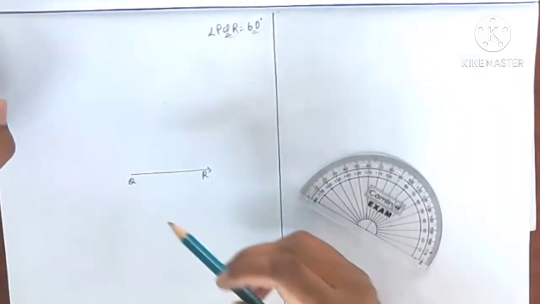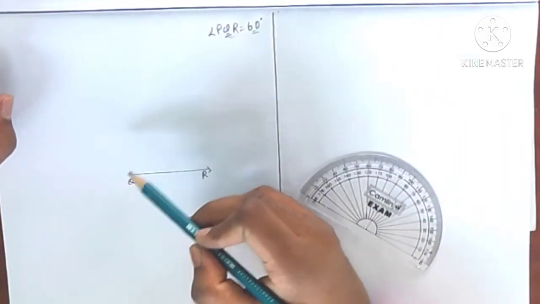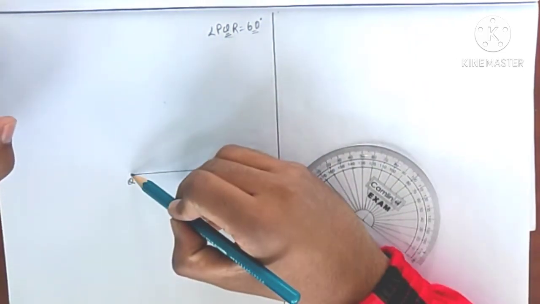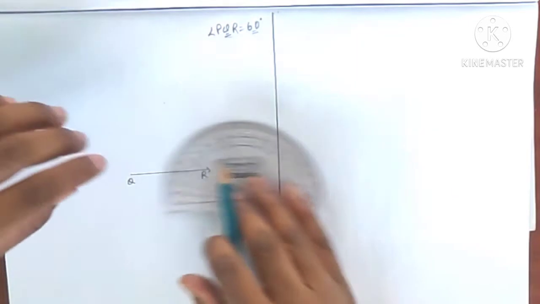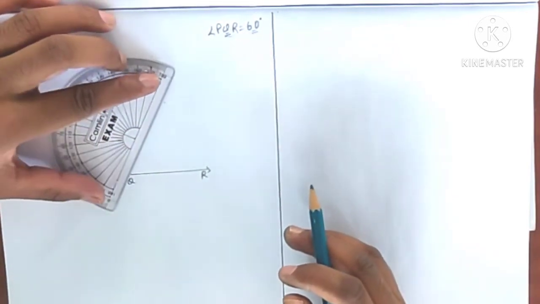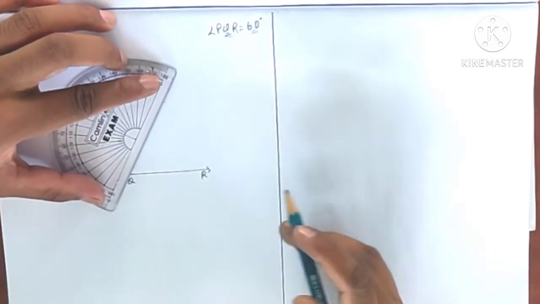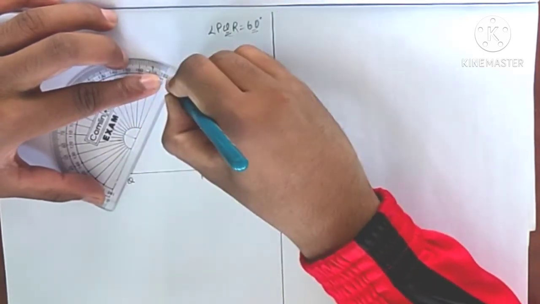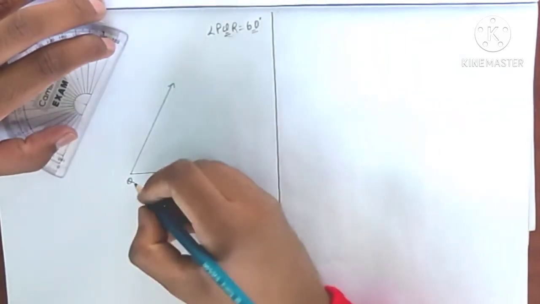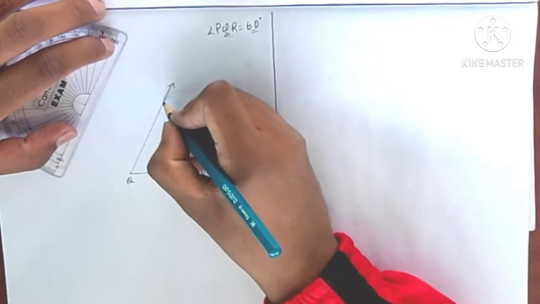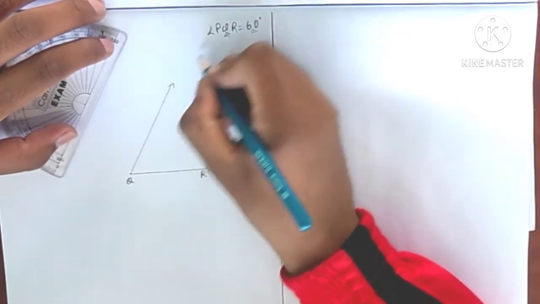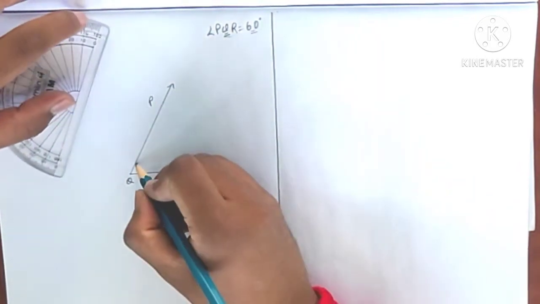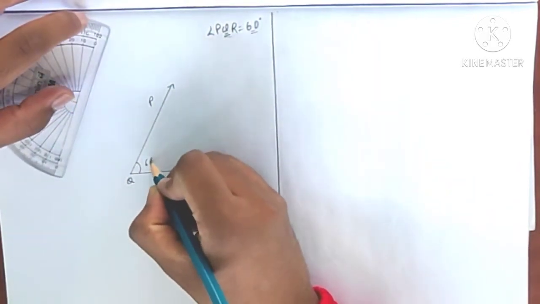Now what is the situation here? We will see Q is here and the dot is present here. So now we will match these two. Match it now. It should be straight. So I have matched the point Q with the dot, and the point where the dot lies should be P. So now the angle that you are getting is the angle PQR, which is a 60 degree angle.